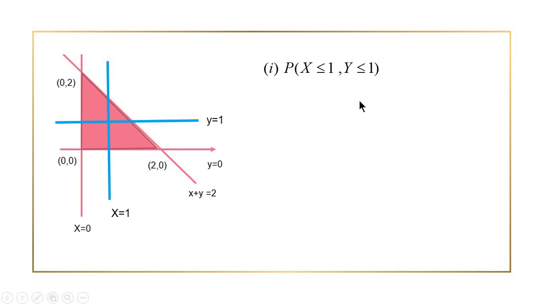Okay, this is our line y equal to 1. So, x also must be less than or equal to 1 and y also must be less than or equal to 1. We don't know which is the region of all the 4 lines. Since x is less than or equal to 1, we don't know whether it is left of the line or to the right of the line. Since y is less than or equal to 1, we don't know whether it is below the line or above the line. Let us put 0, 0 in this equation.